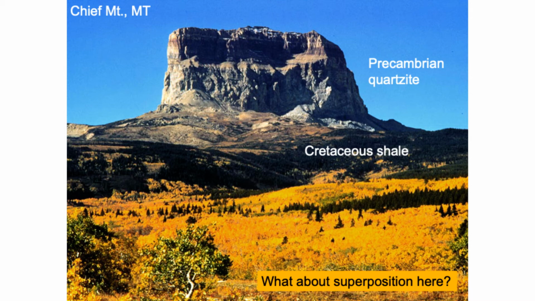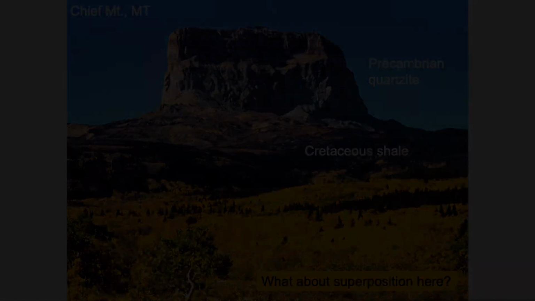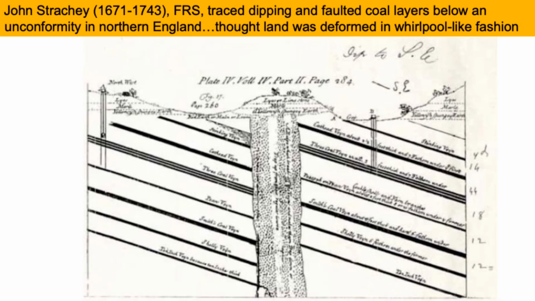So that is an example where it actually violates the law of superposition. It does violate that, and that's because of a fault relationship. And so that's an interesting situation. In the next slide, you actually can see